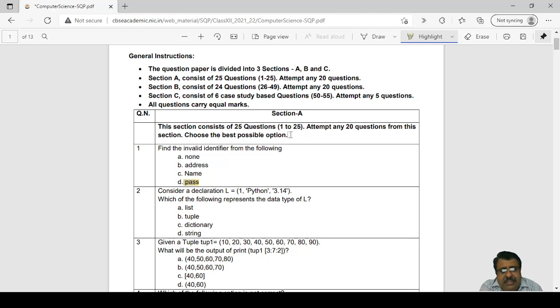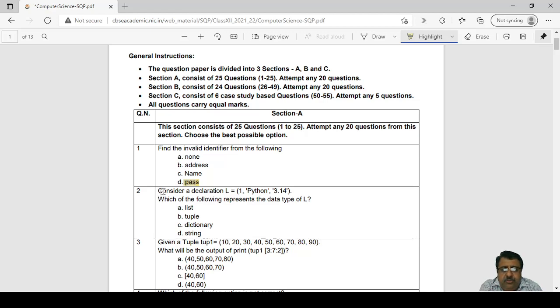Okay. Someone may say that none is also a keyword, but please see that the starting N of the keyword None is capital. But here this n is a small letter. Similar cases with True and False. True with T capital and False with F capital, they are also invalid identifiers because they are keywords. On the other hand, if we use them with small t or small f, then they are valid.